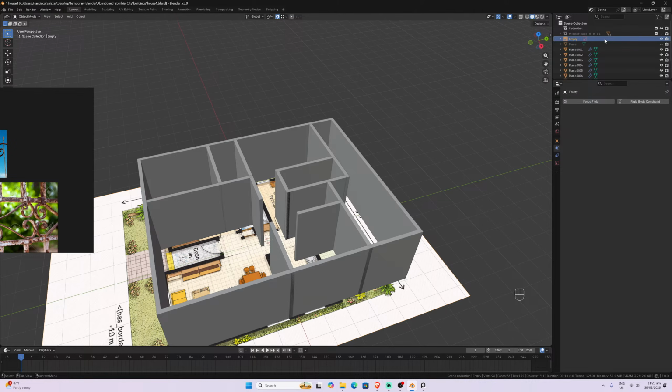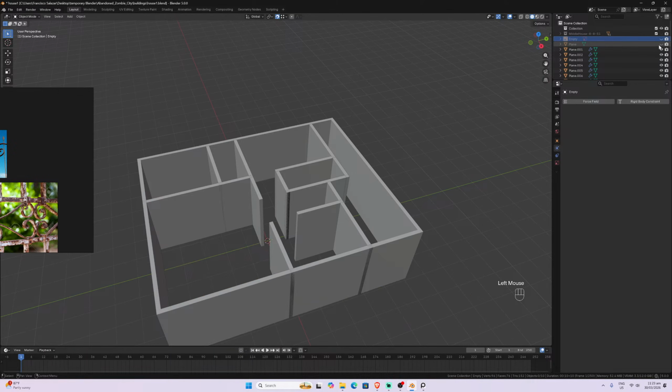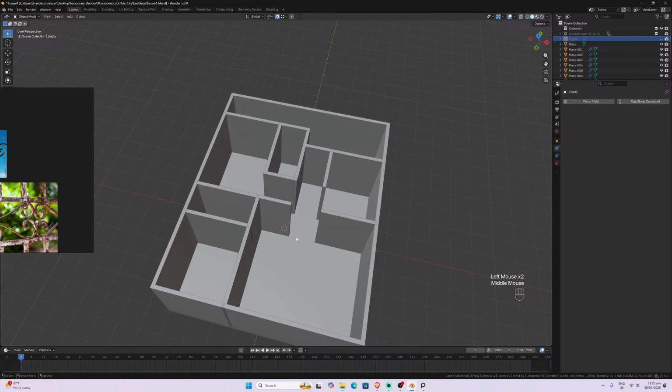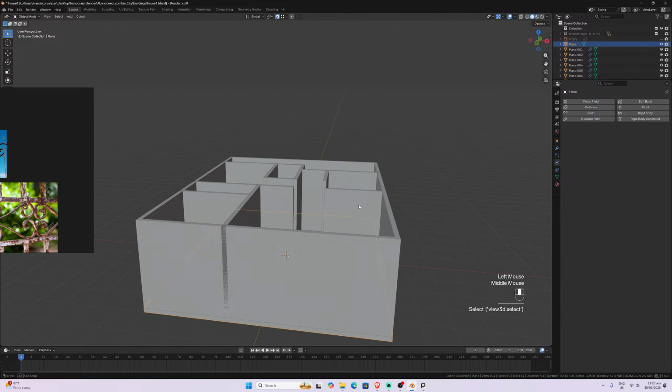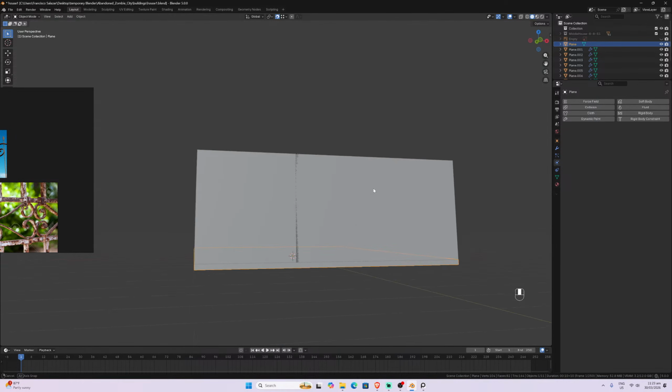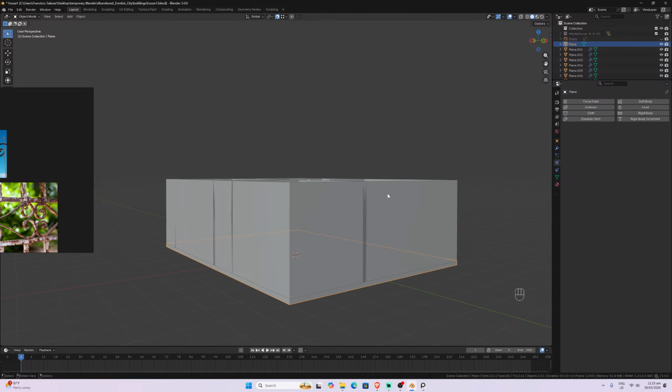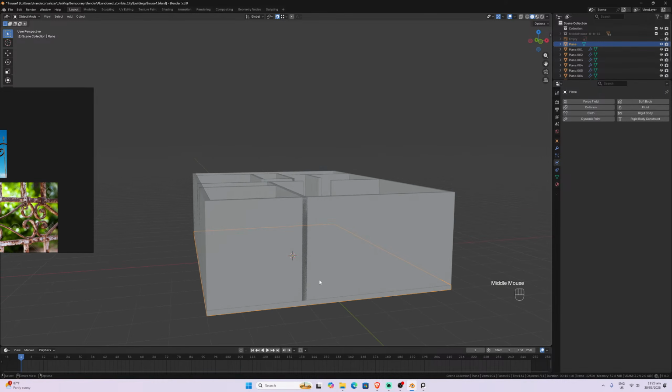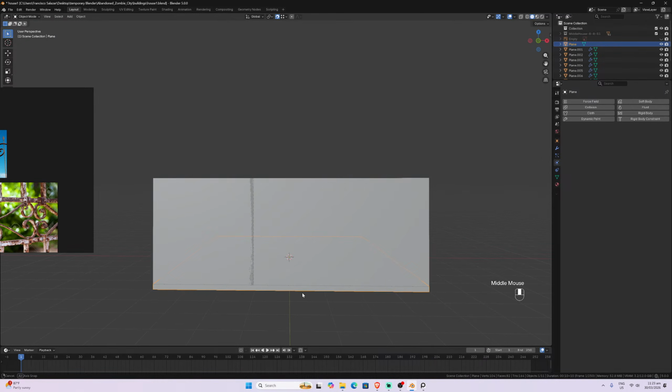Let me move these two references. Should I need them? I'm going to leave it like that. It's going to be our floor. The floor I'm going to keep it separated. No, I need to prepare the walls here and leave just the small part here.